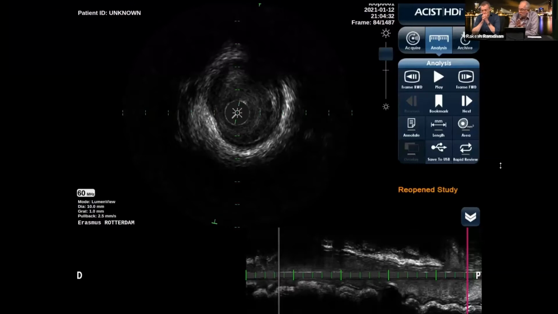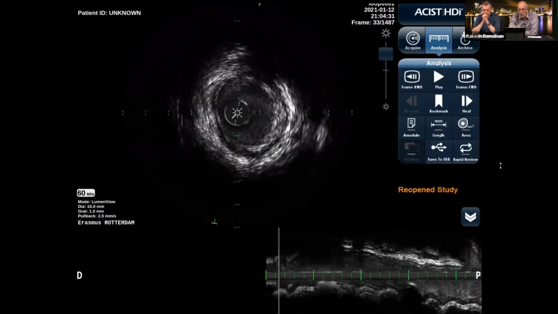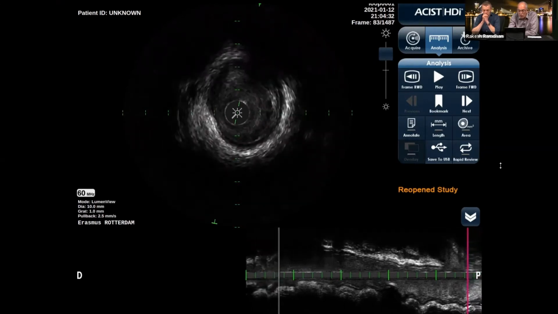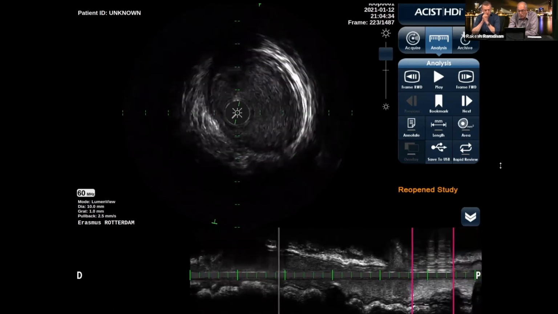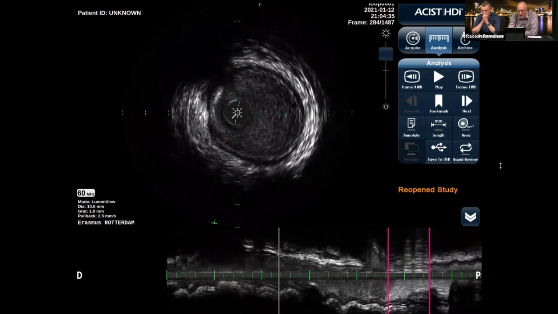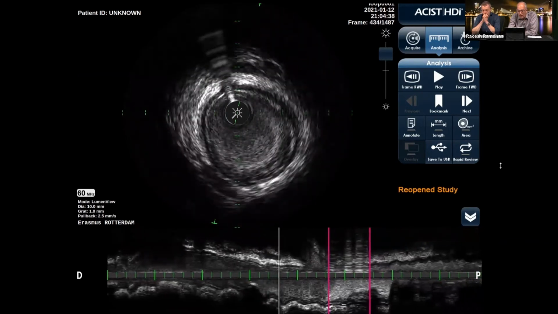So for the rest, nothing was done, no thrombectomy. And then we started in the distal circumflex, and there you recognize already, at 3 o'clock, some fibrous plaque. If we move more proximal, I have a couple of spots I want to draw your attention to. And then if we go more proximal, you see here, and if I put that in motion,